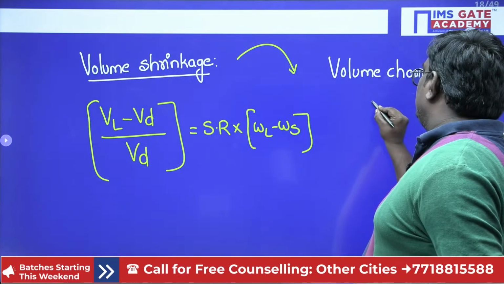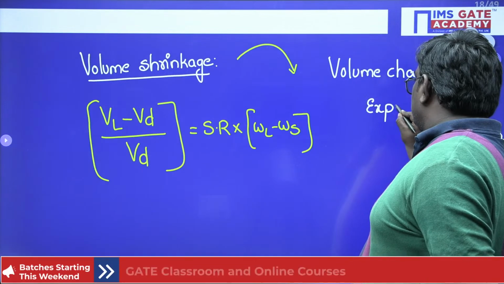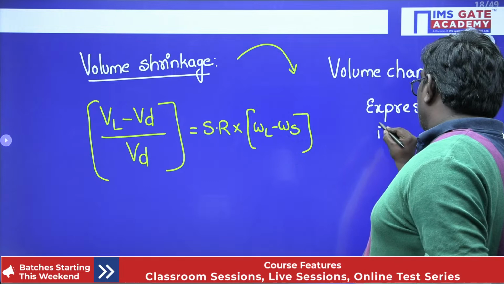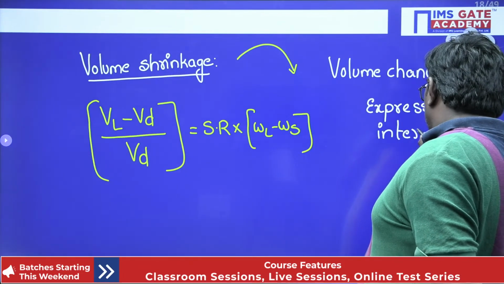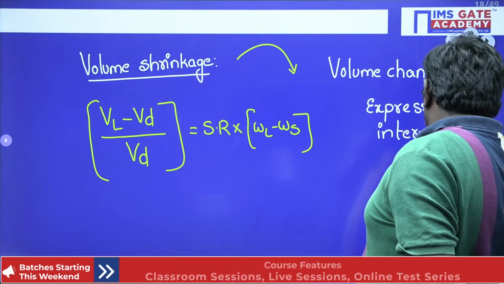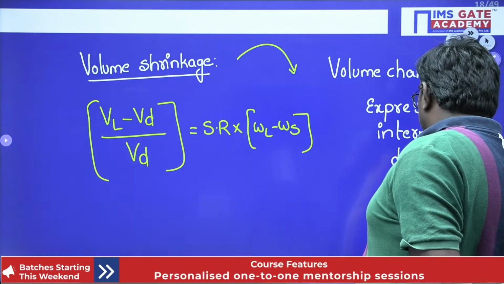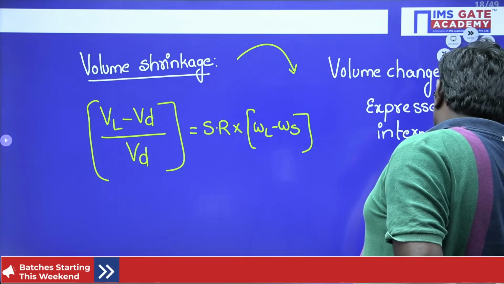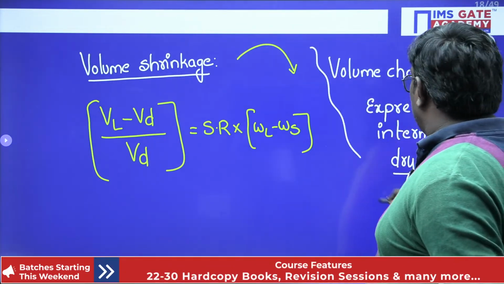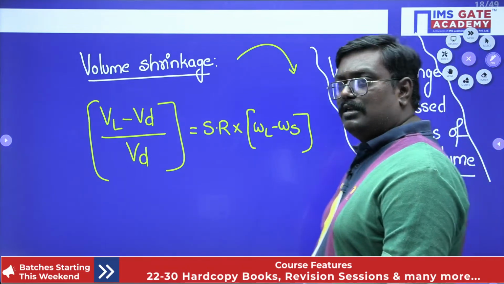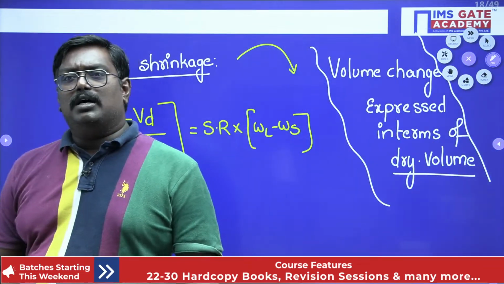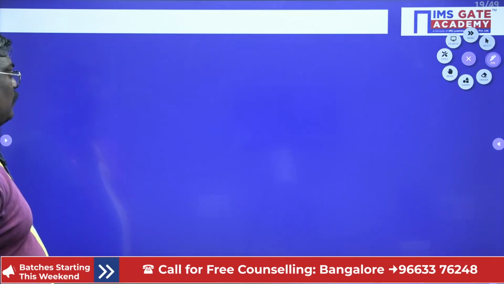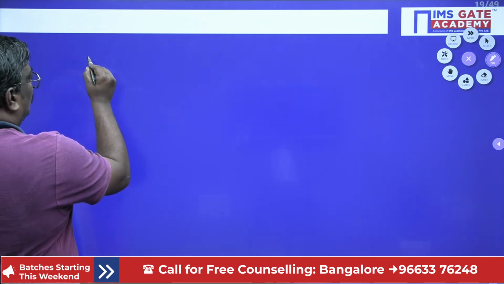Volumetric shrinkage is defined as the volume change expressed in terms of dry volume. The volume change expressed in terms of dry volume is nothing but the volumetric shrinkage. So we can have different formulas while you are talking about the volumetric shrinkage. Now let us see the important part, and remember